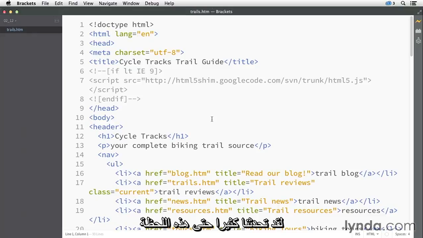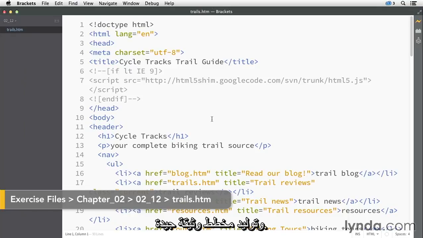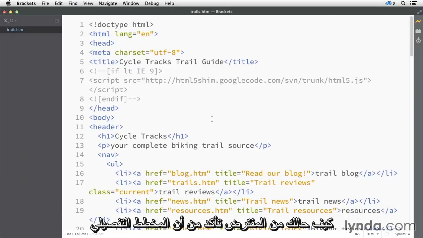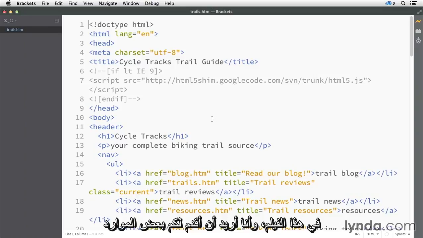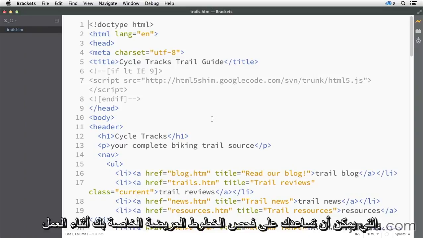We've talked a lot up to this point about proper document structure and generating a good document outline. But other than keeping track of the elements yourself, how are you supposed to make sure that your outline is what you need or what you intended? Well, in this movie, I want to give you some resources that can help you check your outlines as you